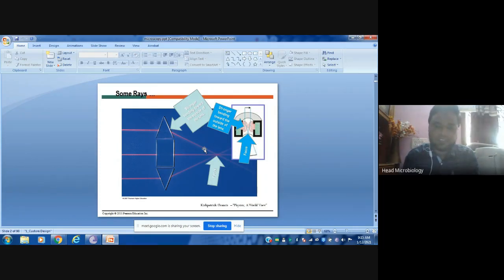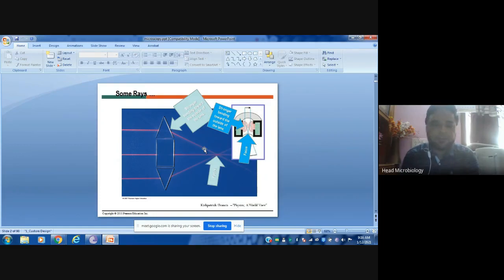Once again, we'll see. The lenses are made up of glass material, and the glass has a capacity of transmission and absorption. Glass contains silica, silicates, and silicates have a capacity to transmit light through them. If you take iron, iron has a capacity of absorption, whereas it does not have a capacity of transmission. Transmission is passing through it, whereas absorption is taking a part of it. Hope understood.